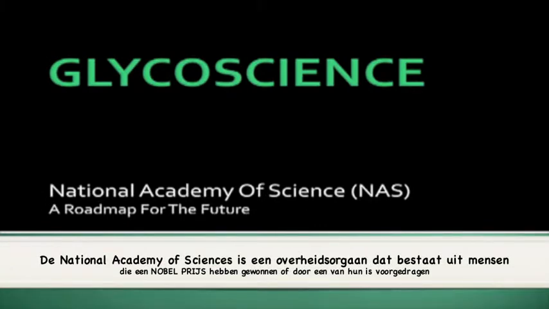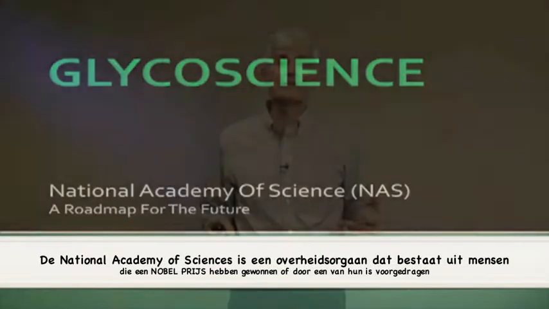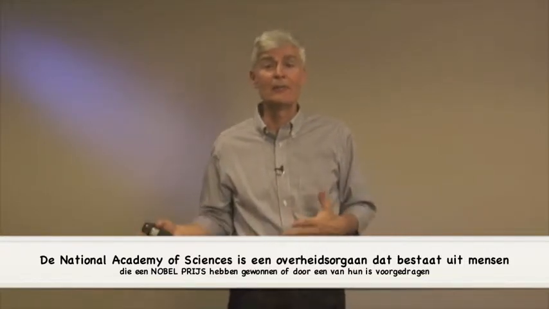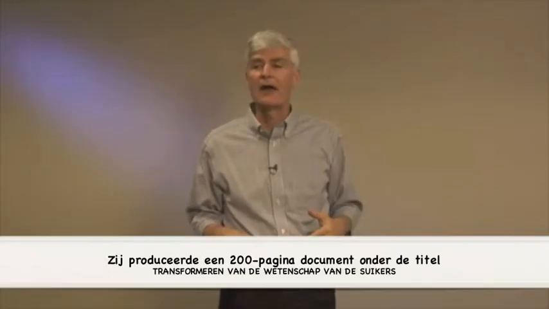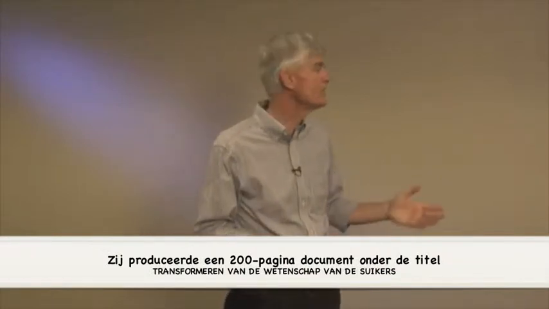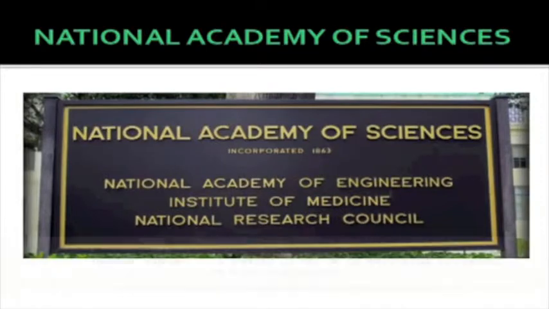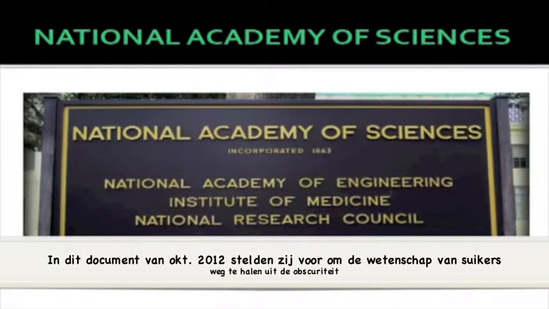The National Academy of Science is a governmental body that's made up of folks who are Nobel Prize winners or have been nominated by a Nobel Prize winner. They came out with a 200-page publication called Transforming Glycoscience. And in that publication in October 2012, they suggested that they want to take this science and